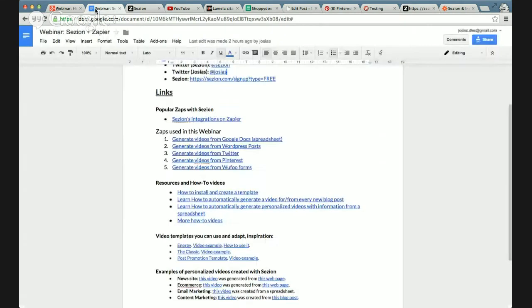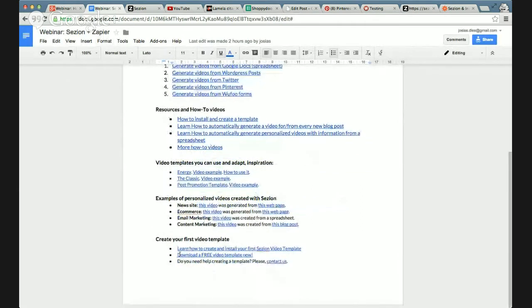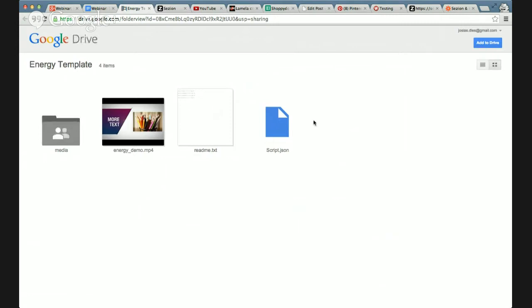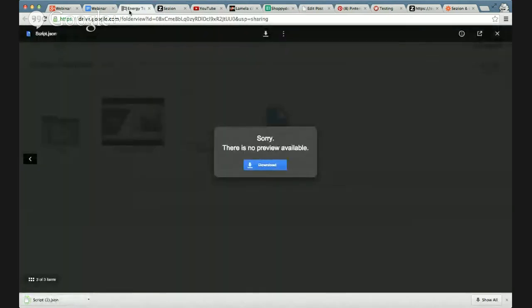Here in the resources, you will find a link. This one here, download a free video template now, that will give you the resources to create your first Sezion template. So that's what we're gonna see right now, how to create our first Sezion template. First, we need to open this file. So I'm gonna download it in order to open it. And while that happens,